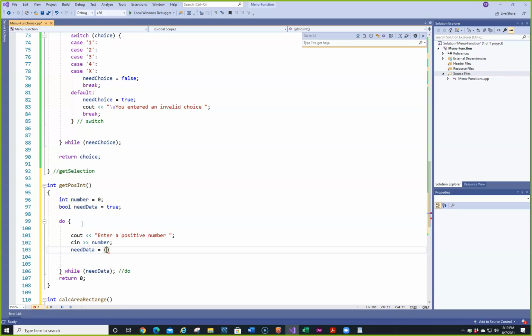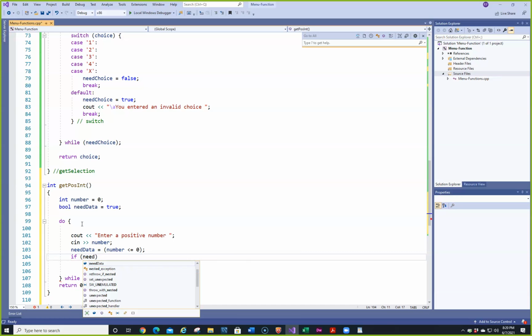Probably greater than 0. You're close, it would be less than 0. And we want to make sure that it's not 0. So need data is number is less than or equal to 0. Then we can do if need data